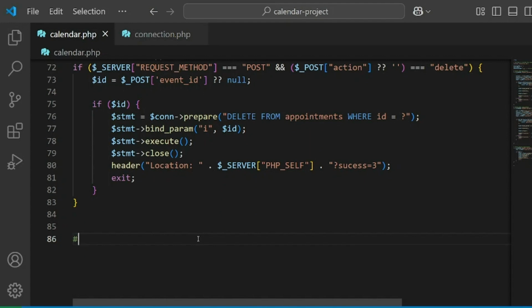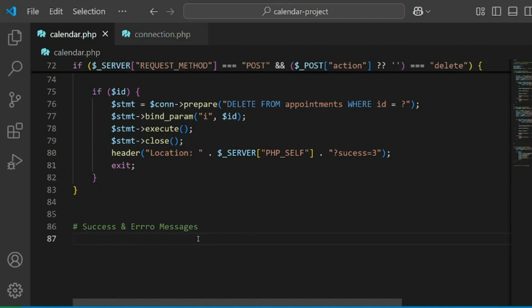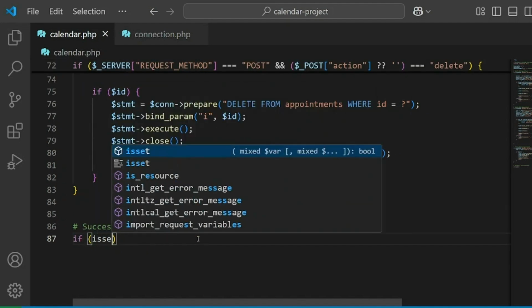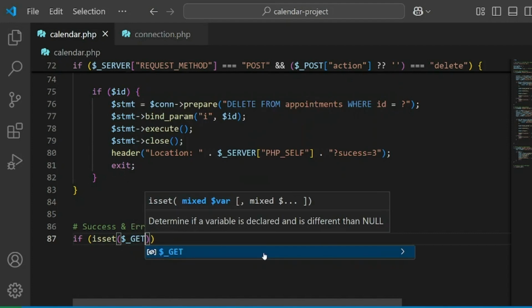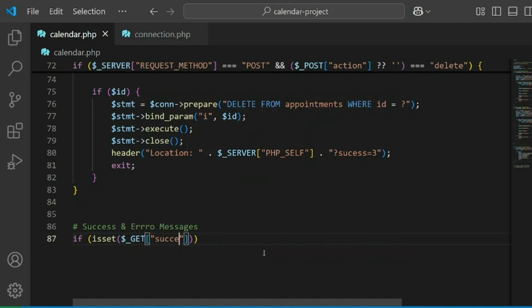Now the last thing is success and error messages. We want to handle success and error messages. The function isset determines if a variable is declared and is different than null. So this function checks whether the variable is declared or not, and also at the same time it checks whether this variable is different than the object null. If isset, and then pass into here the get variable, the get magical variable success,